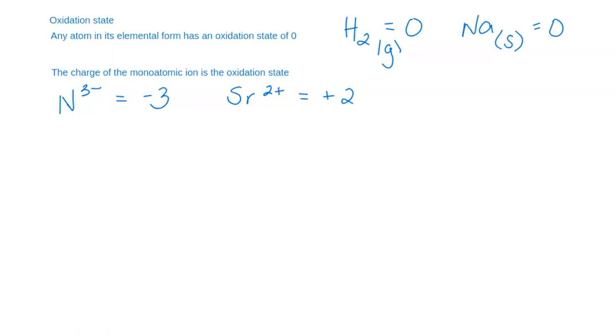So we have elements, we have monatomic ions, and the next thing is ionic compounds. For an ionic compound, specifically binary ionic compounds right now, break the binary ionic compound into its ions. Now, what does it mean to be a binary ionic compound? Well, binary means it's just 2 elements. And ionic, remember, is a metal and a nonmetal. So if we were looking at sodium chloride,